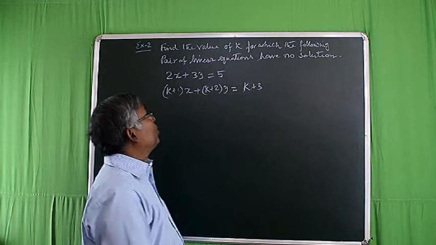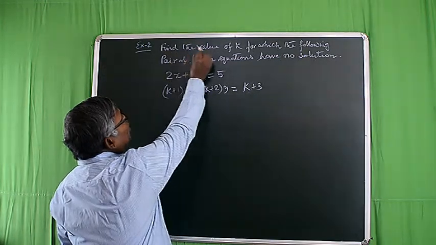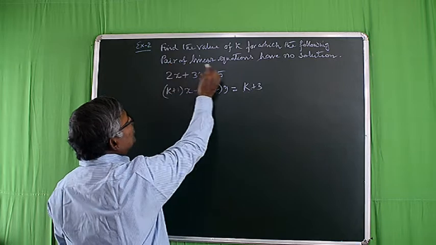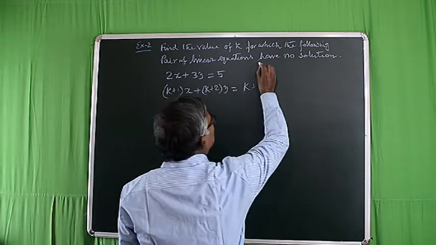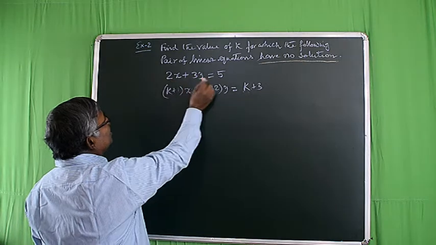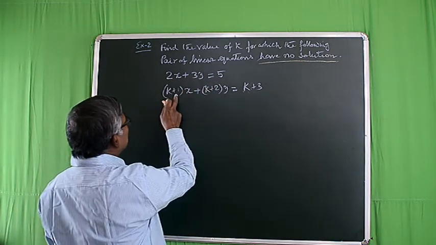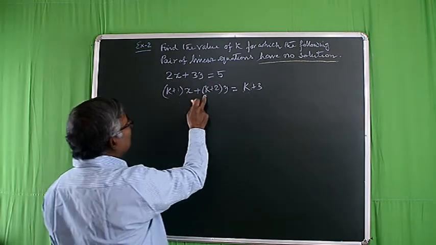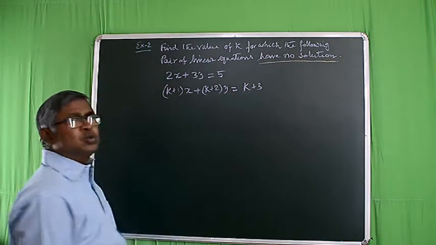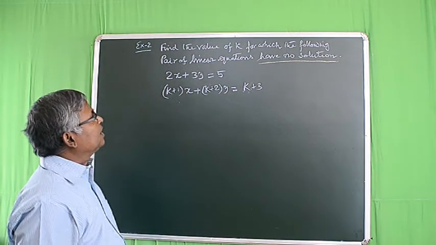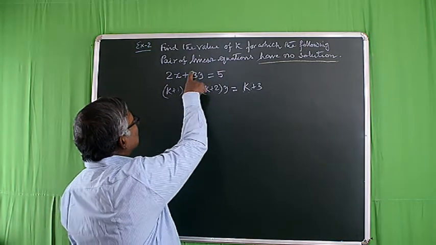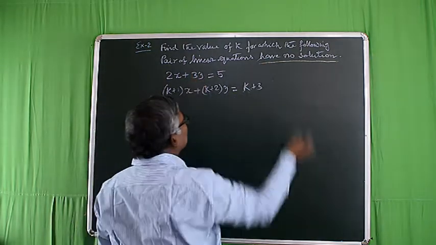Let us consider the problem. Find the value of k for which the following pair of linear equations have no solution. 2x plus 3y equal to 5, (k plus 1) into x plus (k plus 2) into y equal to k plus 3. Students, here the given condition is the system of equations have no solution, that is